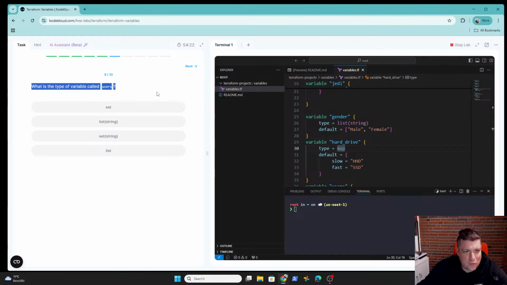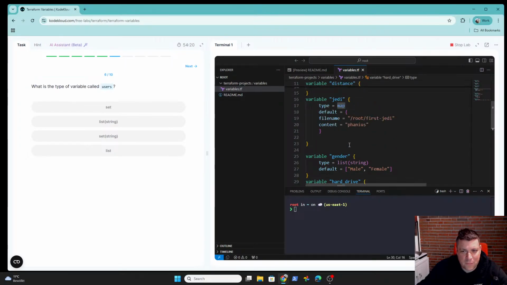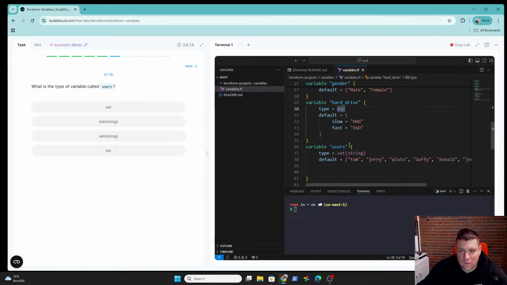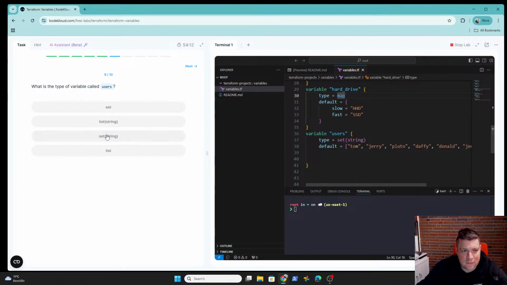What is the type of the variable called users? Users. It's a set of string. Okay, set is also there.